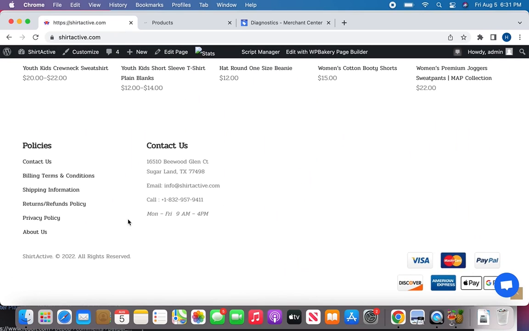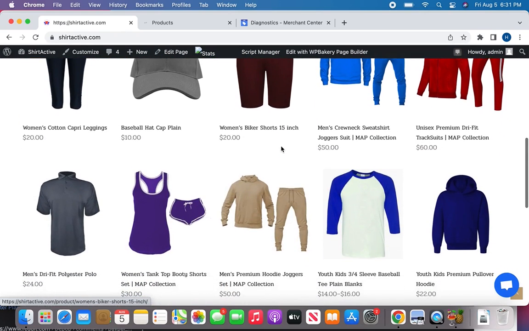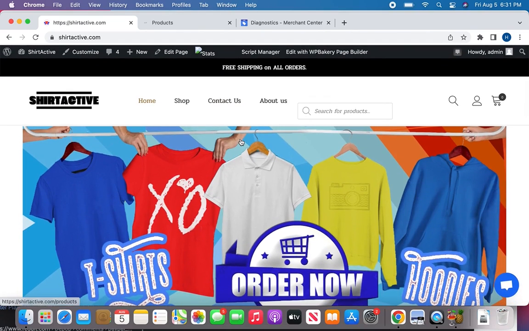I have all the policies here. There are no placeholders or anything like that, so everything works fine. You can go through the details of what's wrong with it and try to see if you could work it. But what I'm trying to do is